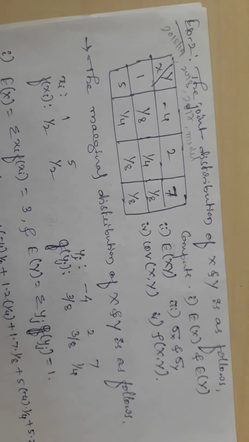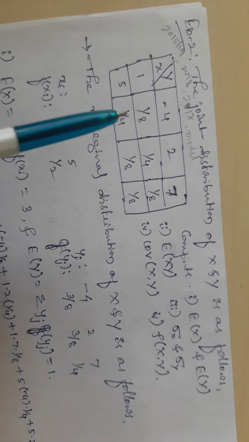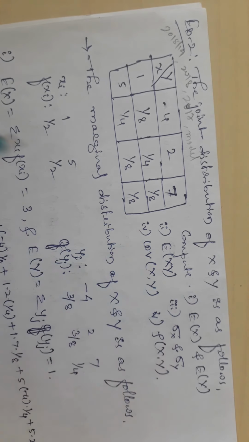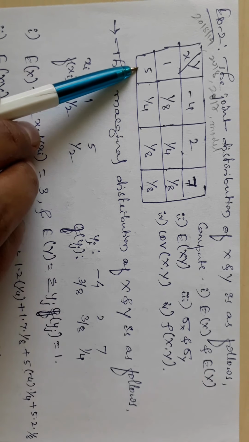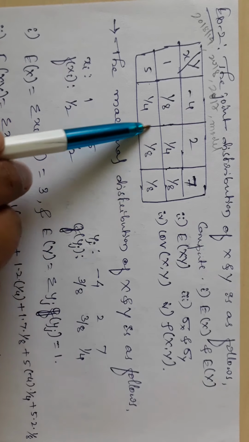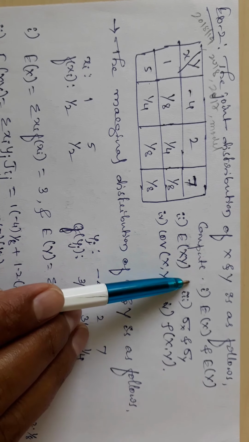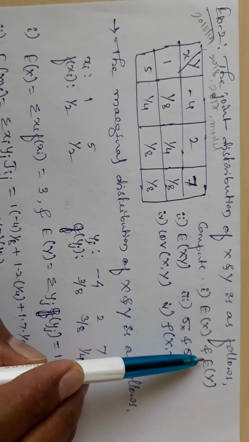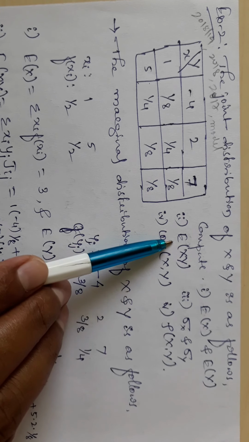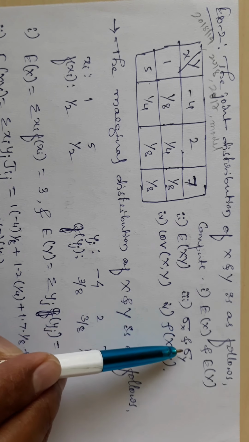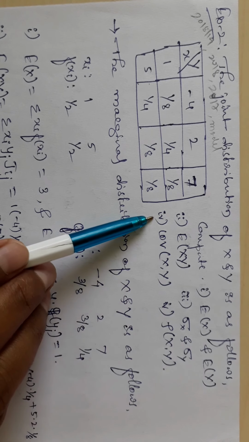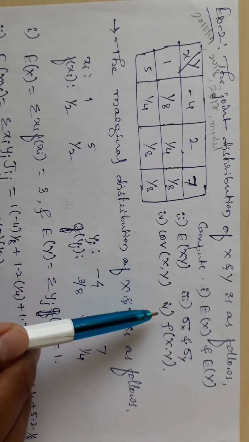Friends, in my previous video I discussed an example based on joint probability distribution. Now we discuss one more example. The joint distribution of x and y is given as follows: these are x values, these are y values, and these are its joint probability values. Now compute first, expectation of x and expectation of y; second, expectation of xy; third, standard deviation of x and y, that is sigma x and sigma y; fourth, covariance of xy; and